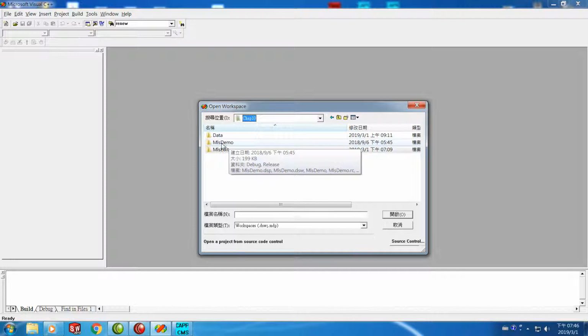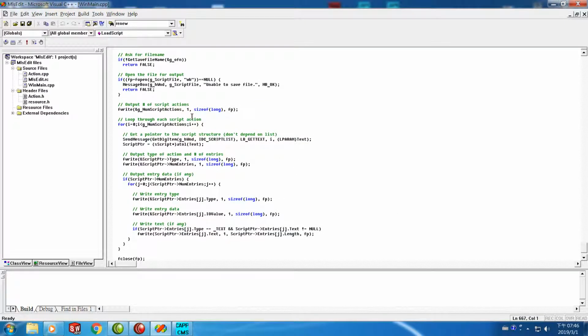One is MLS demo, another one is MLS edit. Let's open MLS edit, not only to edit the MLS of chapter 10, but also we can edit the MLS